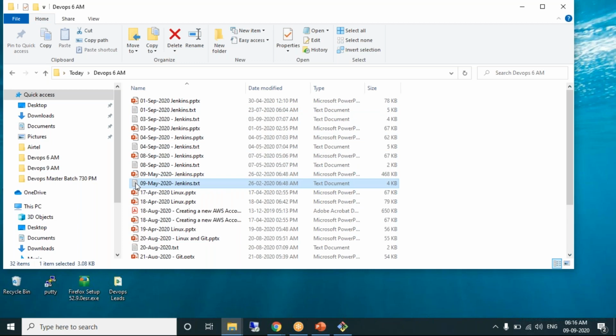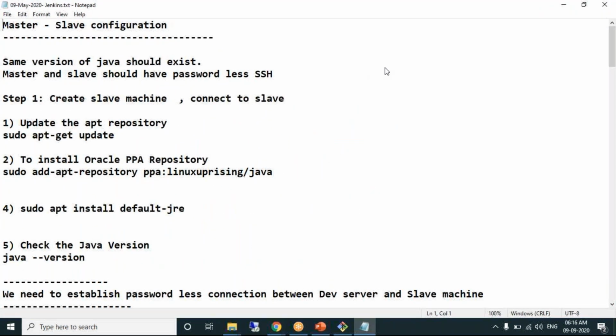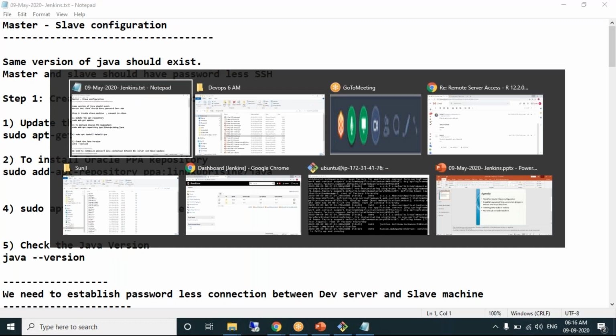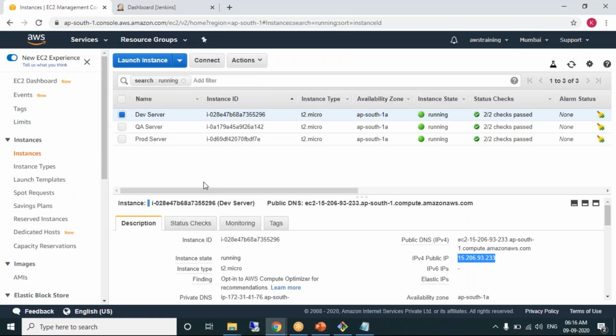The first step: what is a master machine? The machine on which Jenkins is installed is called the master machine. So in our case, the dev server is the master machine.